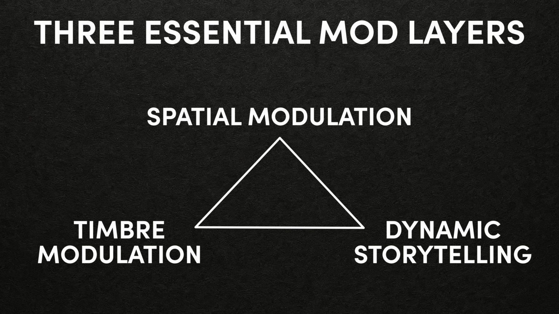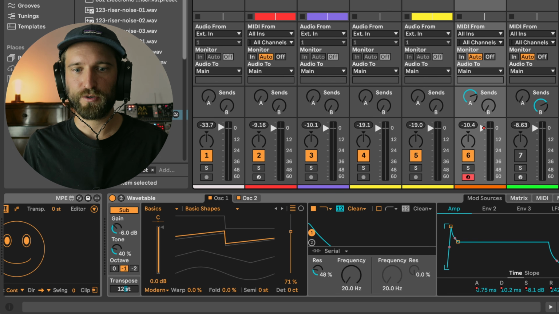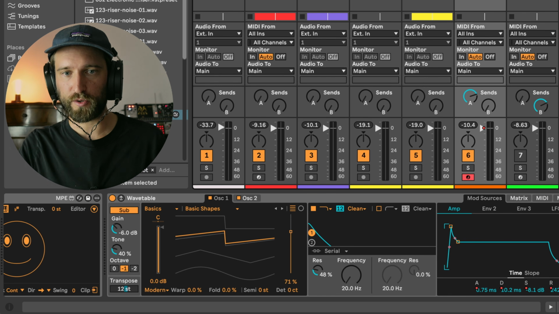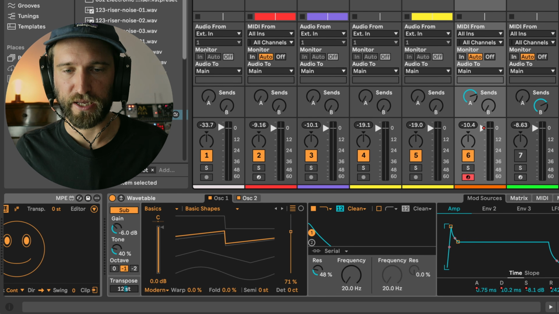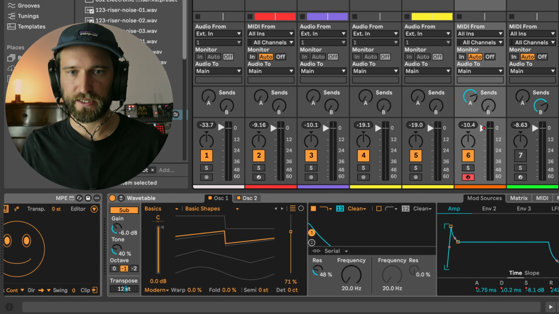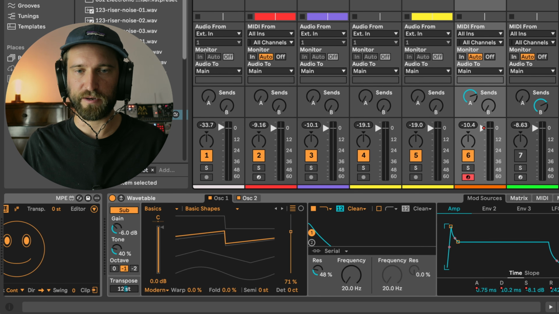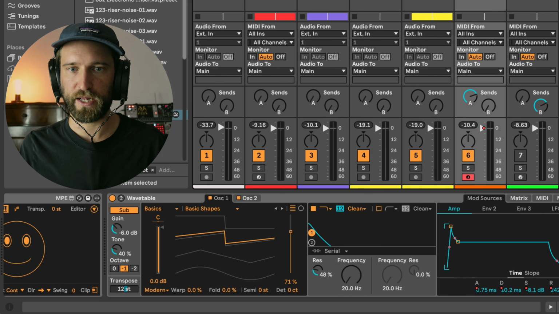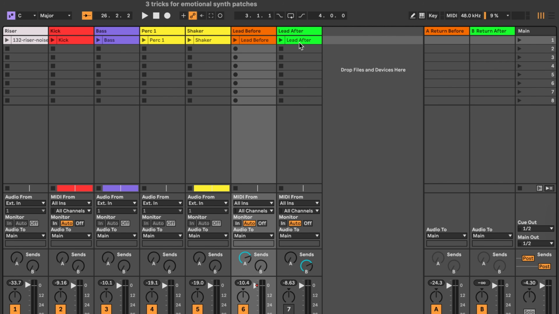The secret to complex and rich sounding sound design is not only in the synth patch itself, it's also in the effects that are being applied. Now, there are some synthesizers like Serum where you can already, within the synthesizer, map parameters and modulations to effects as well. What you can do if you use just Ableton stock effects, for example, you can use a send